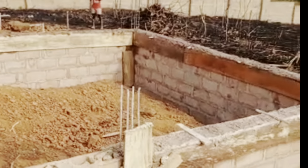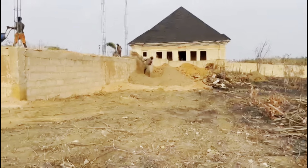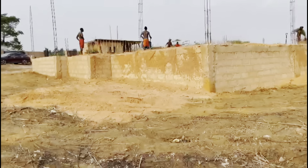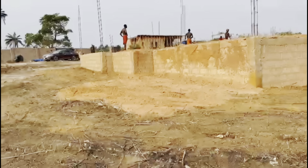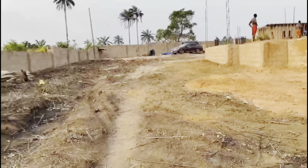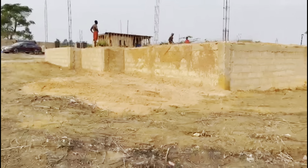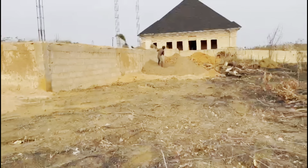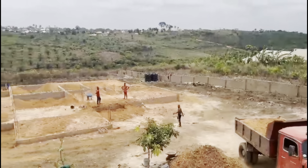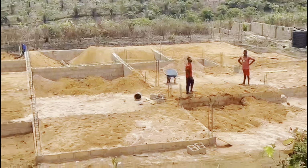When this was accomplished, the next was the filling of the foundation space with sharp sand or laterite in order to get to the agreed DPC level. The filling sand for this project was really difficult to get. In fact, it was one of the major constraints we had during the project. This was because of the availability of the trucks and, of course, the nature of the roads within the locality this project was sited. The filling was also priced per space and was done with hand, that's shoveling it into